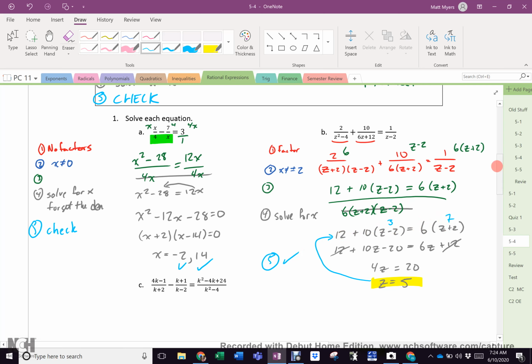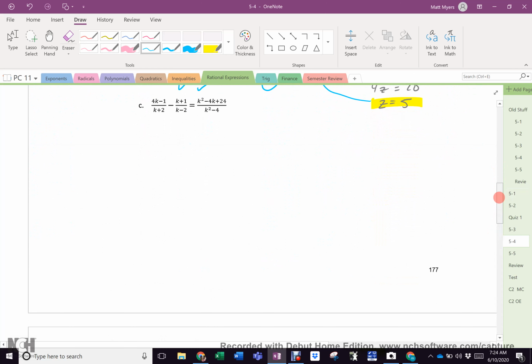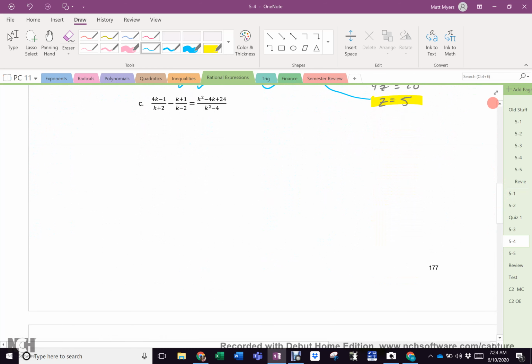All right, let's try C. Holy crap. But we're smart. We'll figure it out. 1. Factor it. Where do you see factoring? Well, you should see factoring there and there. So let's make it so. 4k minus 1 over k plus 2 minus k plus 1 over k minus 2 equals k minus,